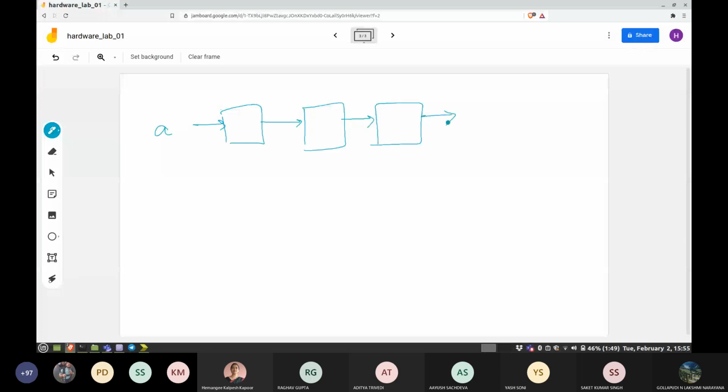This way we are going to create a 3-bit register or a 3-bit shift register. So I have these 3 boxes, and the first box's output is Q0, this is Q1, and the third box's output is Q2. And the corresponding inputs are D0, D1, and D2.